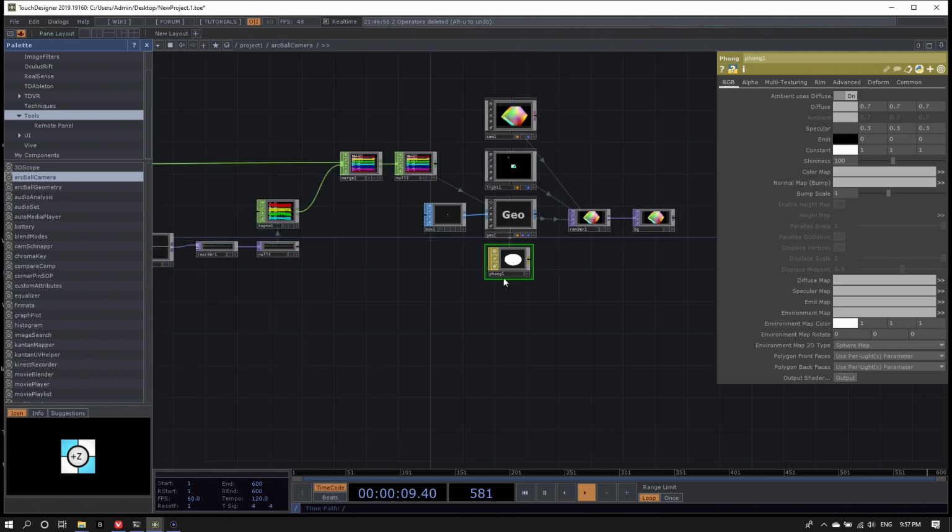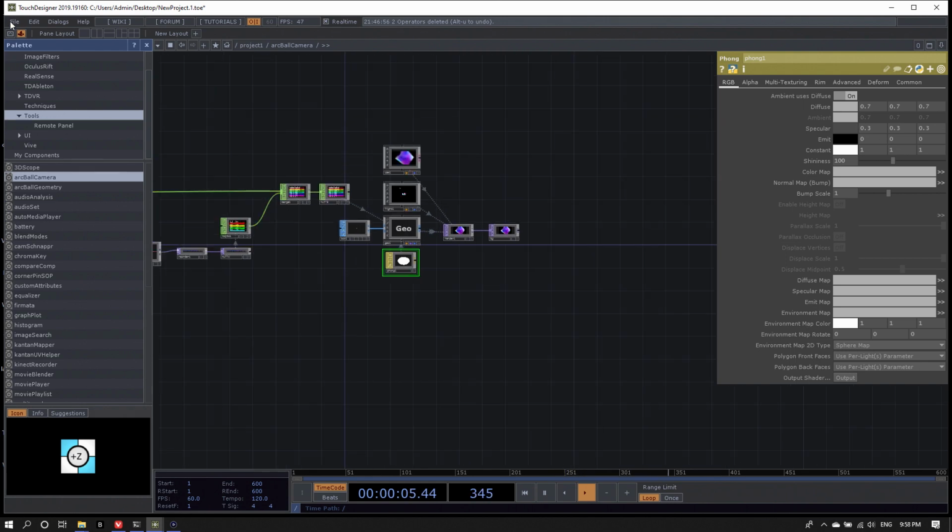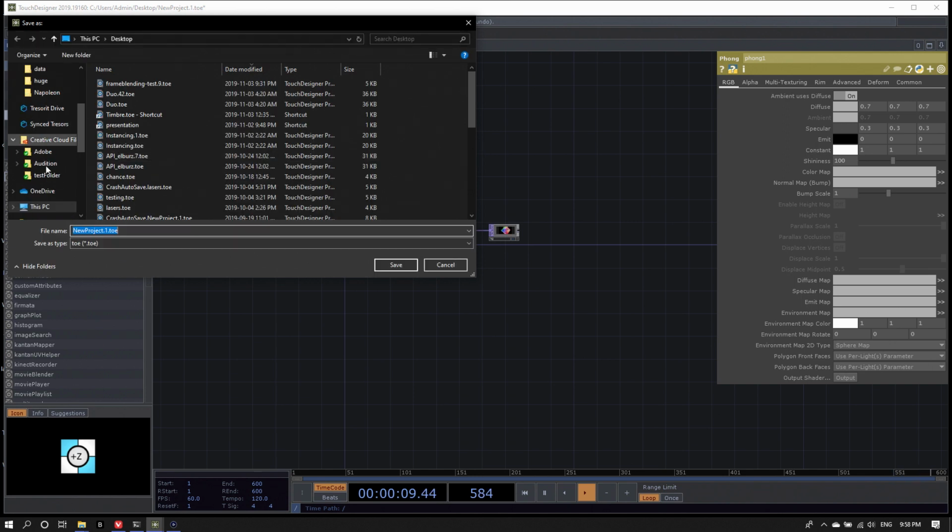So, let's save this. I'll save as. Gonna drop this on my desktop. Instancing, this obviously you can call whatever you want to. I already have an instancing here.